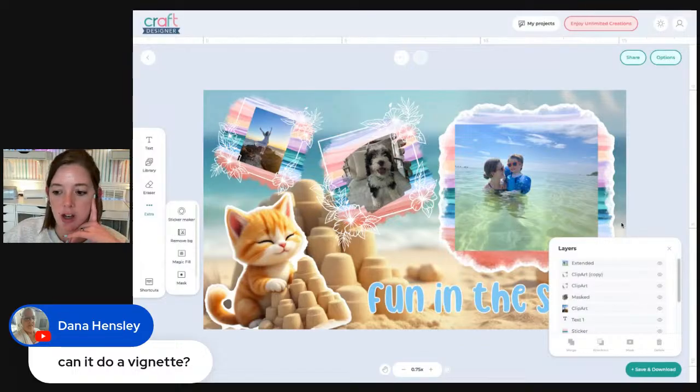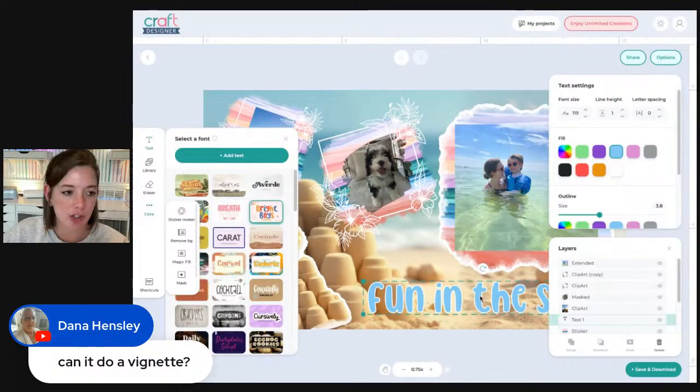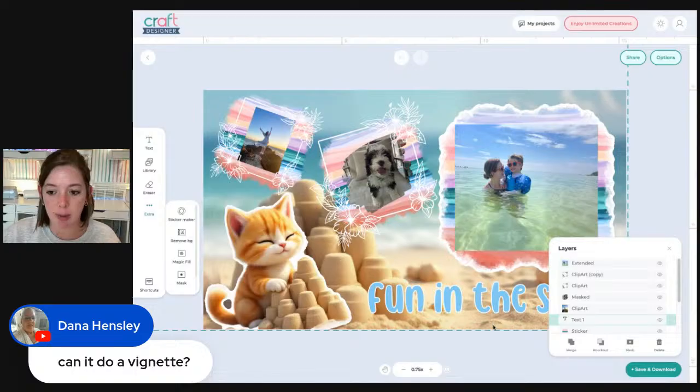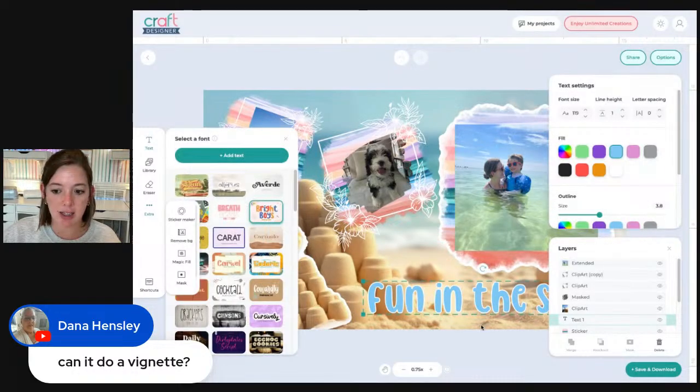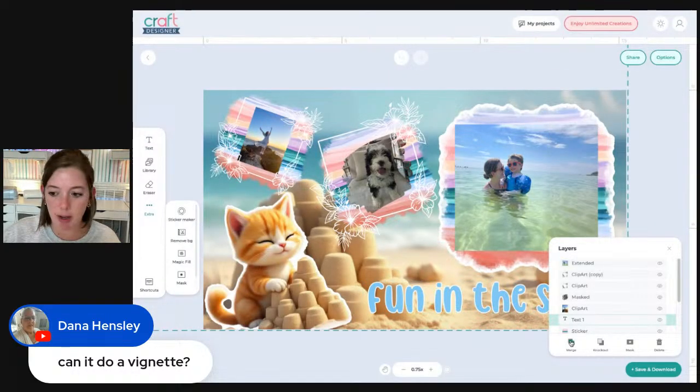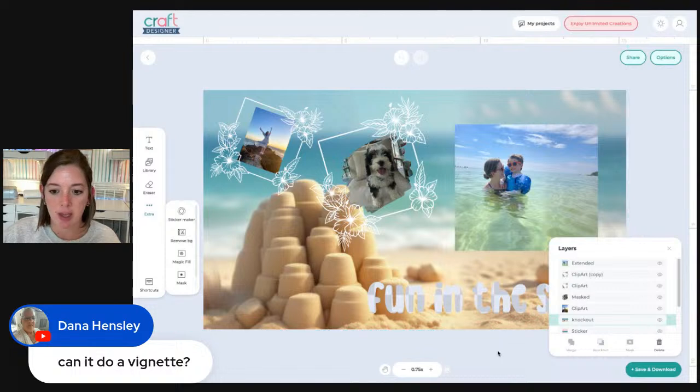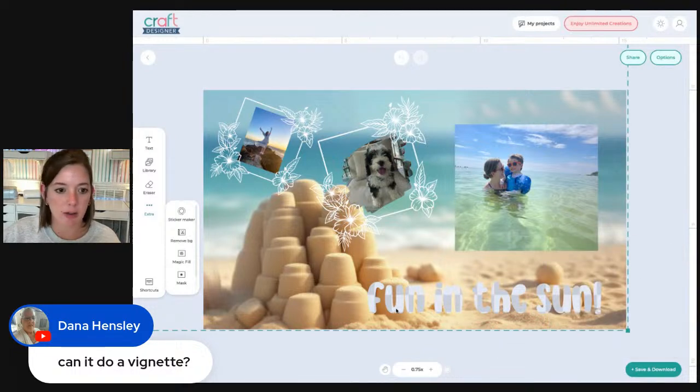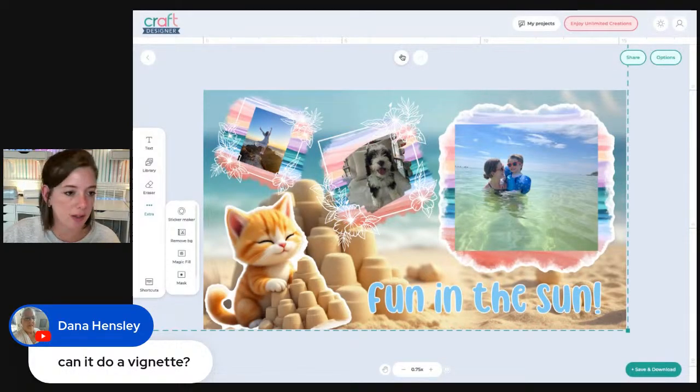I did want to show you guys knockout really quick because it's also cool and we just haven't played with it yet. If I didn't want this text to look like this, I could make it knock out from the layer behind it. So I can select this and then shift select the layer behind it and select knockout. And then it becomes punched through, like a cookie cutter. So that's also a cool feature and fun to play with.